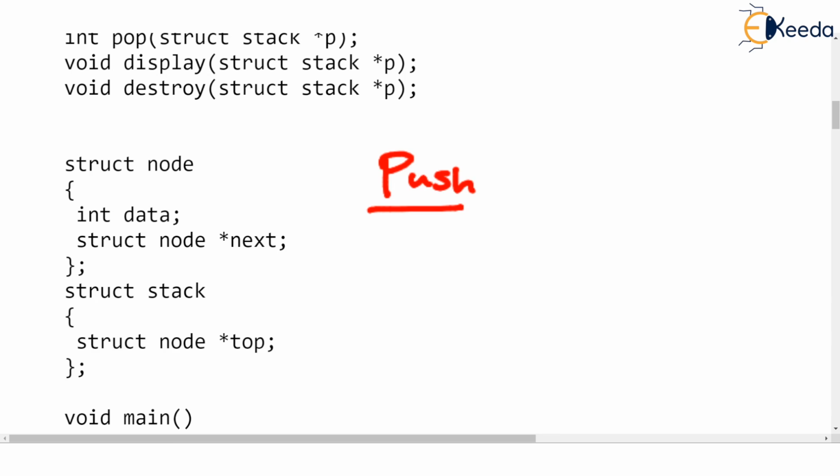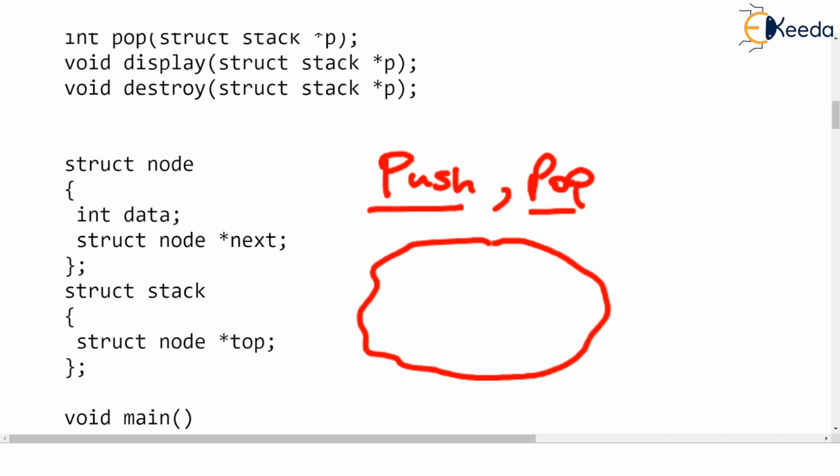Just observe that if the stack is initially empty and we want to add 10 in the stack, then we say we are pushing 10 in the stack. Now let's say that we want to push 20. That means we want to add 20. Then 20 will be pushed in the stack in such a way that 20 will have a pointer called next associated with it, and it will point to the node which stores 10. Just check this, that 10 will also have a next pointer associated with it, but next of this 10 will